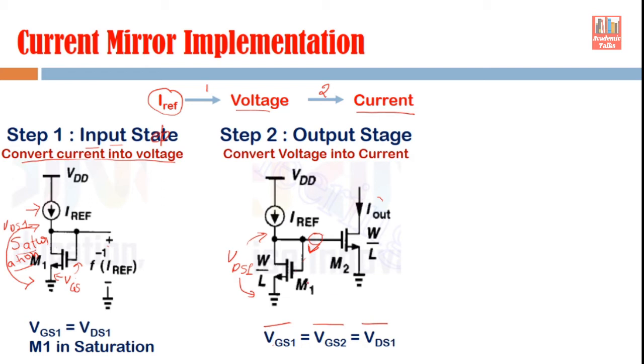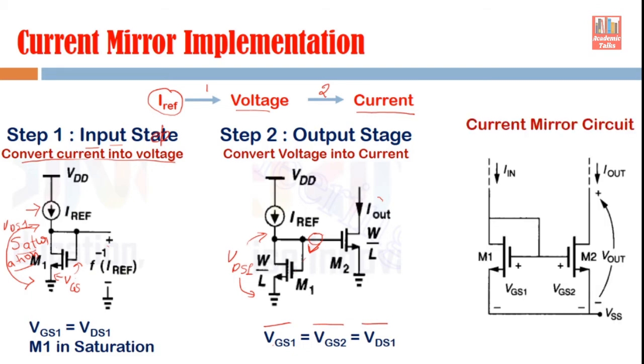Now we have discussed the concept behind the design of a current mirror with the help of a MOSFET device. Now again look at this circuit. If you go to your book, you will find the circuit is connected like this. This circuit is almost similar to this circuit. The only thing is that it is drawn a little bit in a different way. And another difference which is indicated here is that it is I reference, and in your book it is mentioned as I in, but remember I in or I reference, it is the same thing.